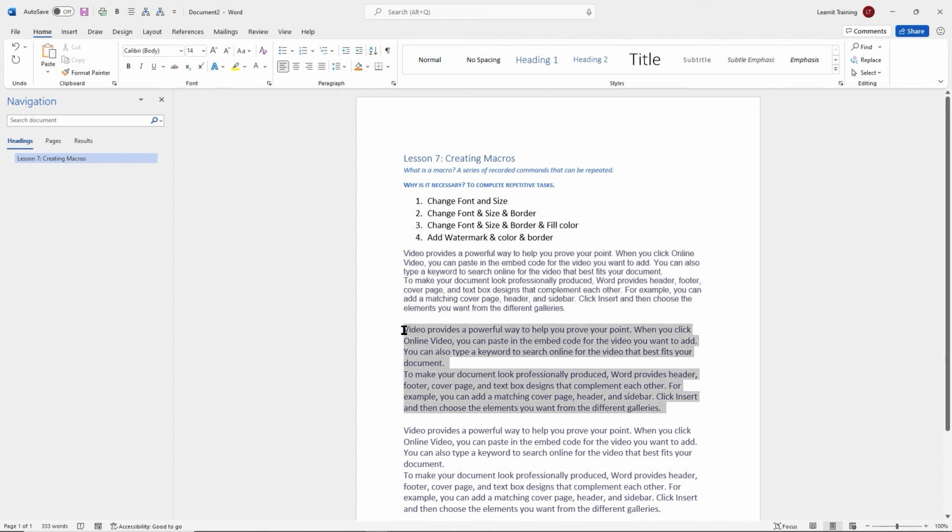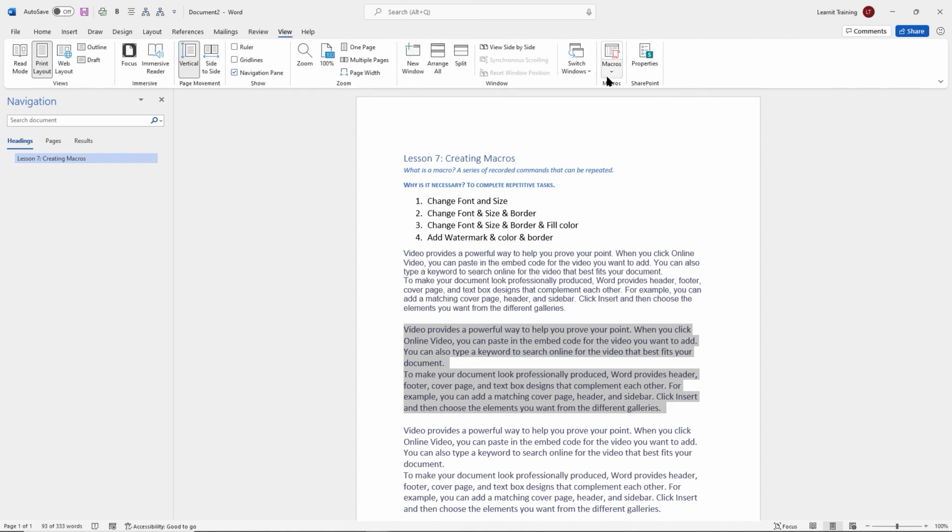This time we'll go ahead and we'll run the macro. We'll change the font and the size and the border. And I'll copy this from now so I can just paste it in the description. So I'll start by highlighting what I want to run the macro on. Click on my view tab. Click on my macros drop down and I'll click on record a macro